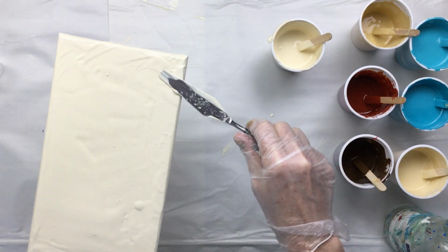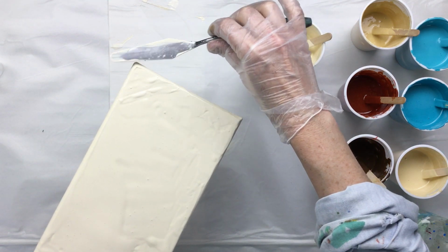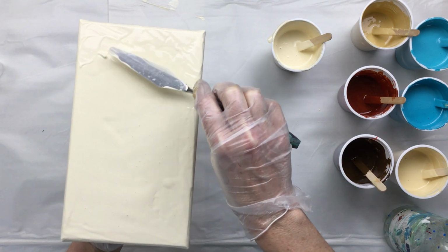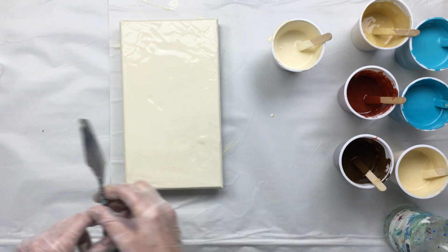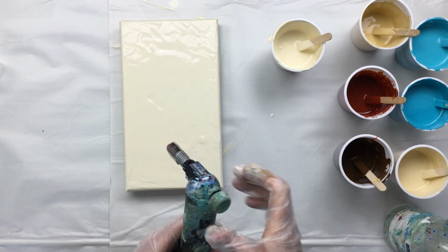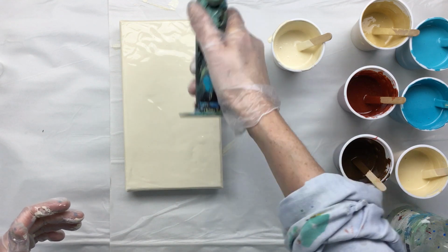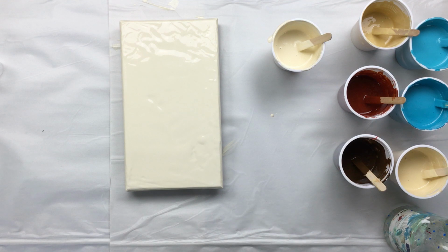So I'm going to put a little bit more here, make it smooth up here, because I don't think we're going to come back to this bit here. Okay, now it's nice and smooth. I do see a little air bubbles, and because we can easily remove them, I'm going to torch them out. That's about it. A couple there. Okay, now